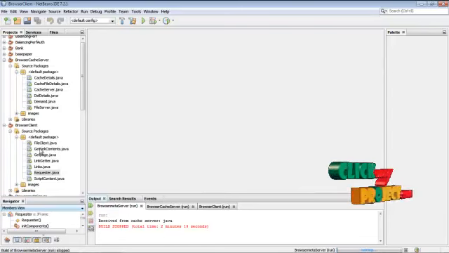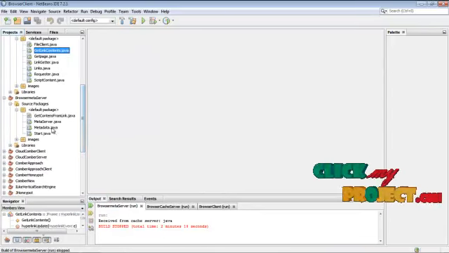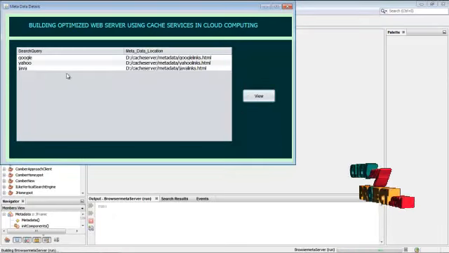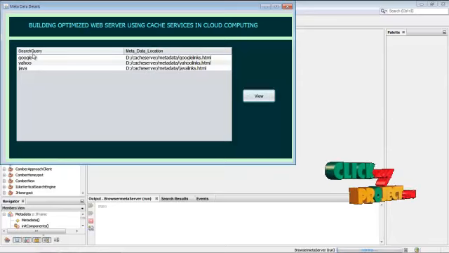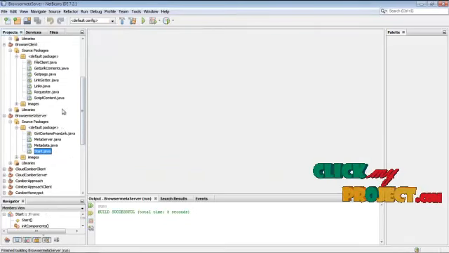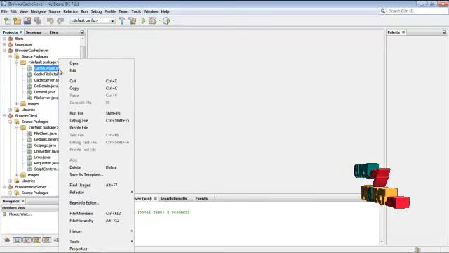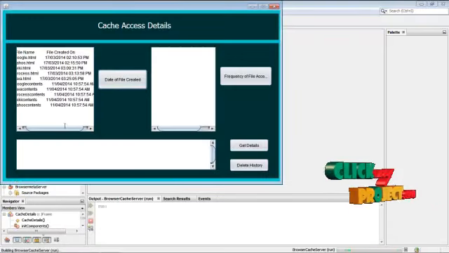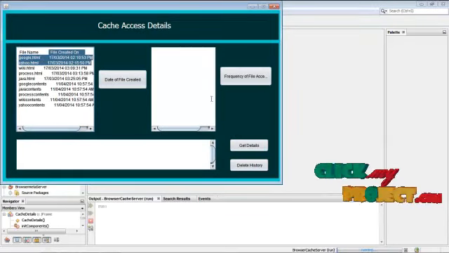Now let me show the data which is present in the meta server. Just click metadata. Here this is the keyword. These are the meta server locations. Now the cache details here. The file created date: each file is created and the date is given here.